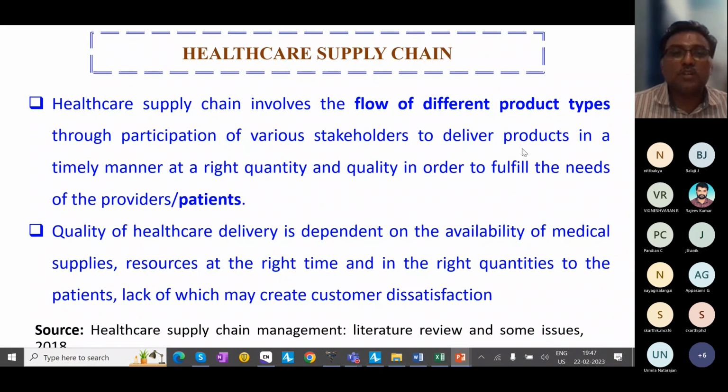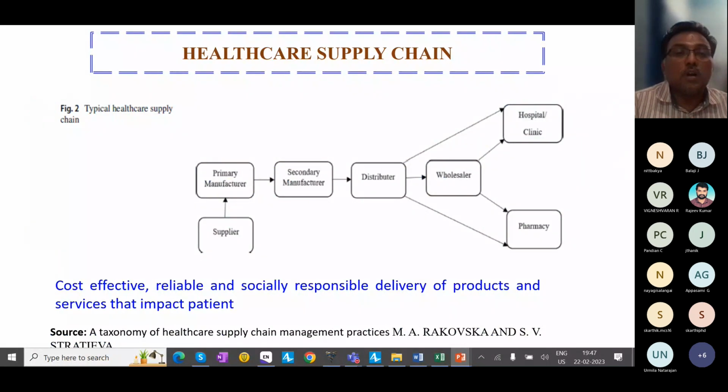What is the goal? To deliver the product at the right quantity and right quality. And someone pointed out in the previous section, it is not only waiting time, it is about service quality, throughput, capacity utilization. So many measures are there within healthcare. The quality of healthcare delivery depends on the availability of medical supplies and resources at the right time, in the right quantity, to the patient. Different authors have reported different ways of defining a healthcare supply chain. This particular author, whose source I have mentioned at the bottom of my slide, pointed out